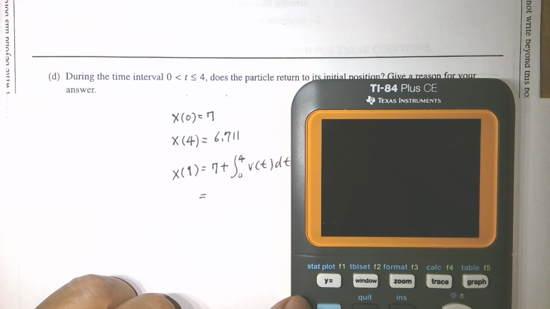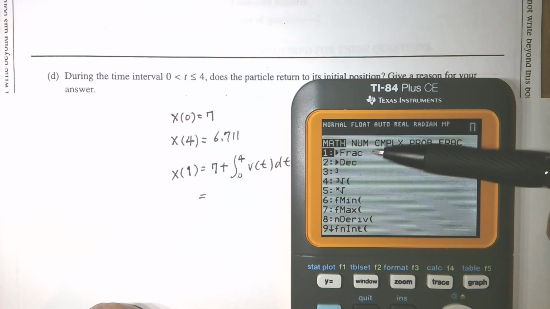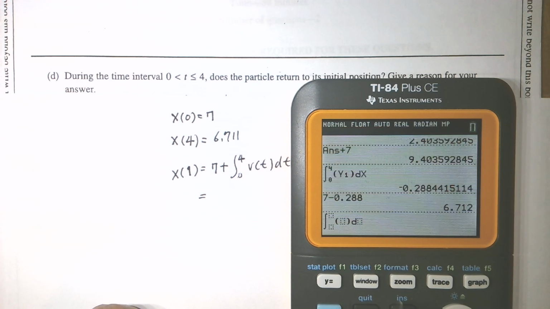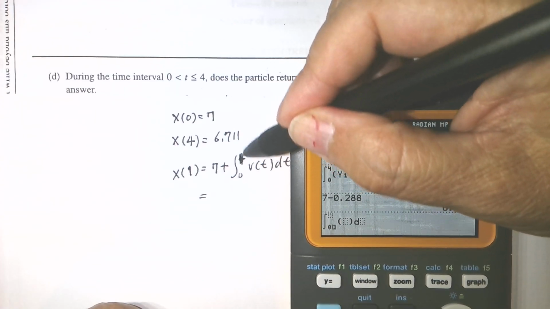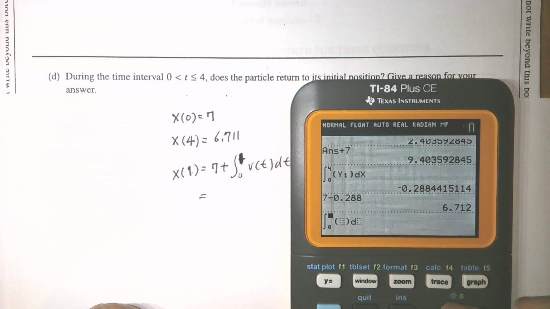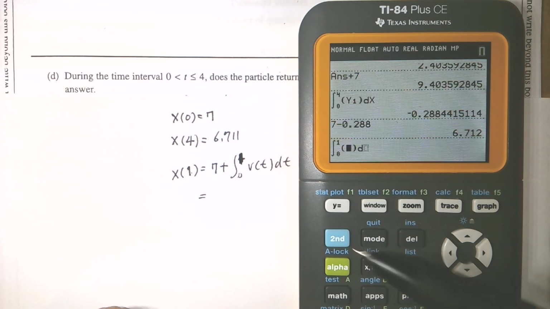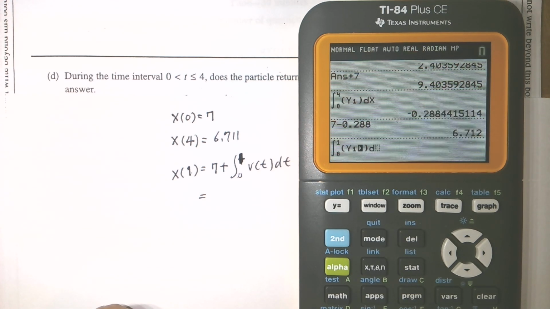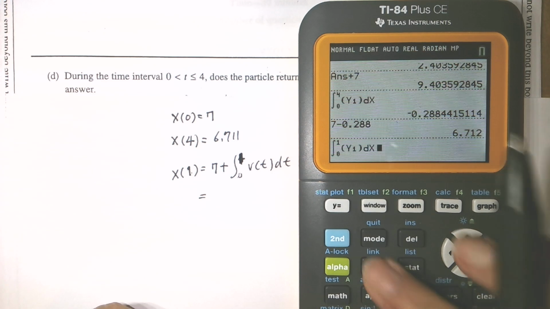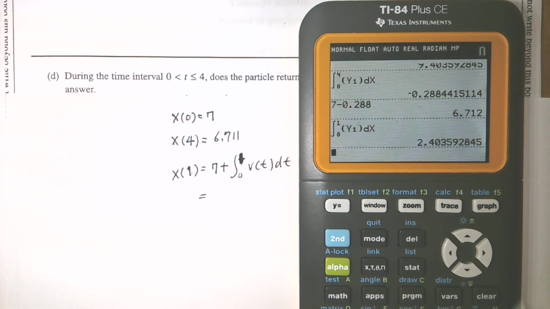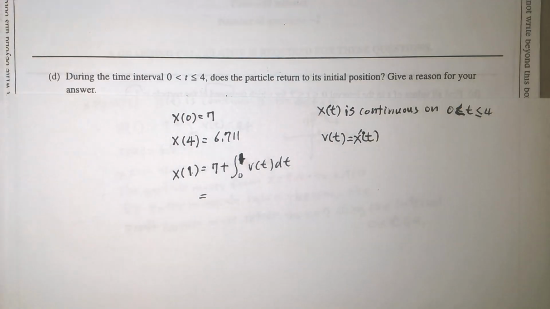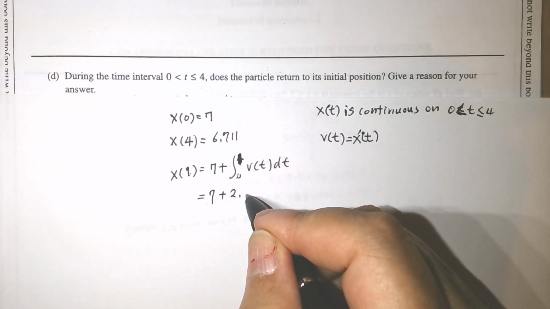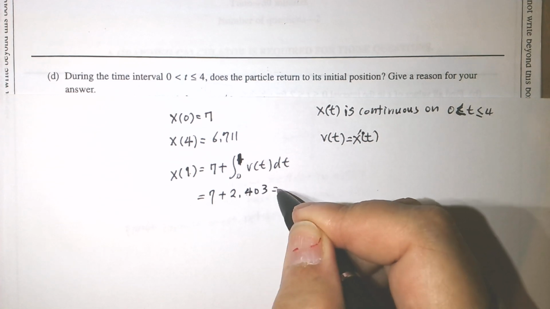Sorry, the limit is 1, we want to find x(1). Then we go to the calculator, and we got 2.403. So 7 plus 2.403 is